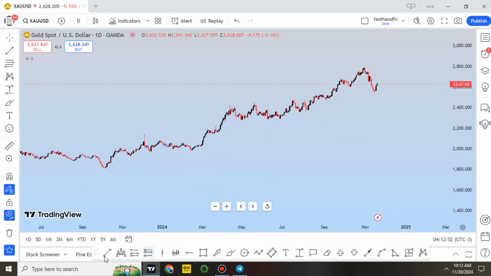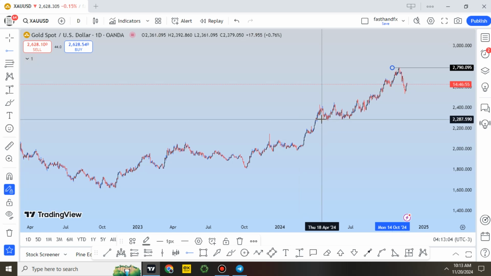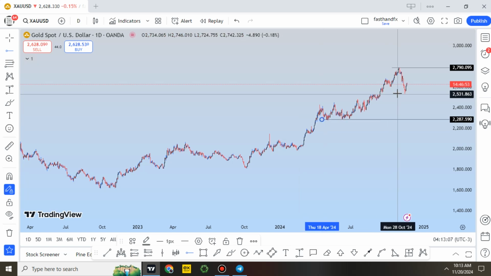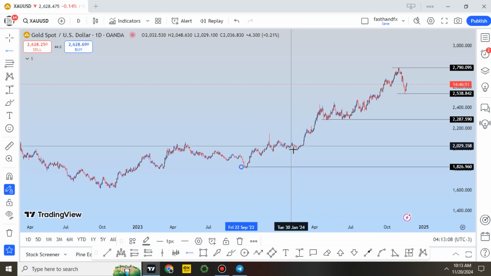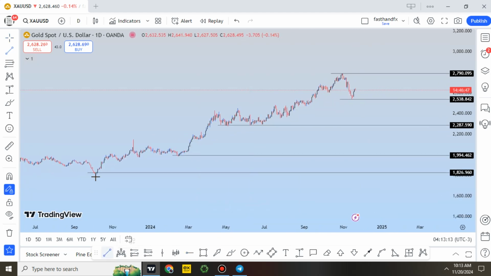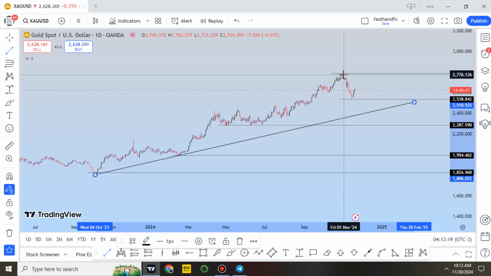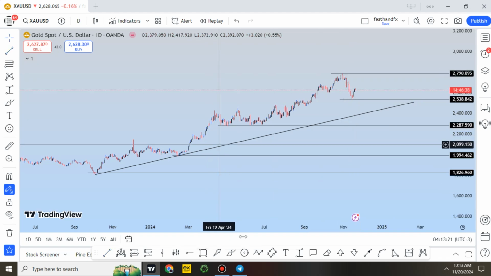So as usual, what do we see? We identify the last levels, highest levels, of course, low levels too. Let's mark this level. Let's mark the previous one. I would have marked these ones too, but then I think we should not concentrate on that. Either way, let's just see if we had our trend passing from that. We had a 1-2 right there, and of course, let's clone it